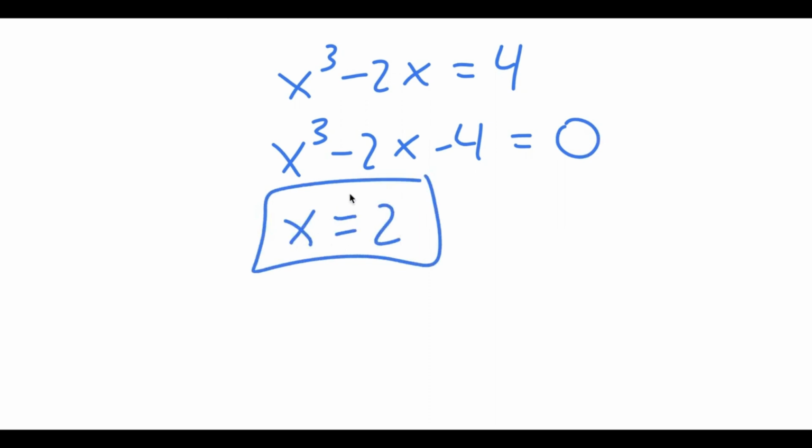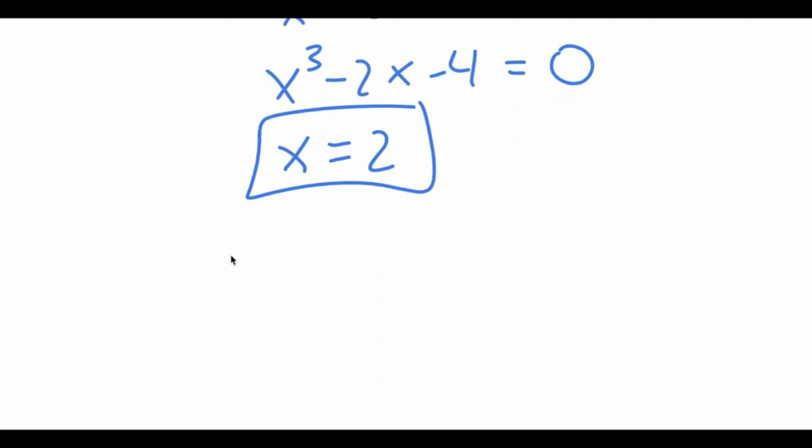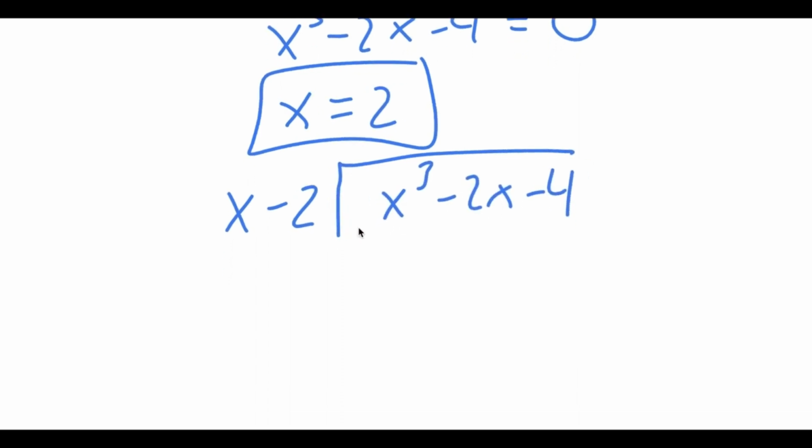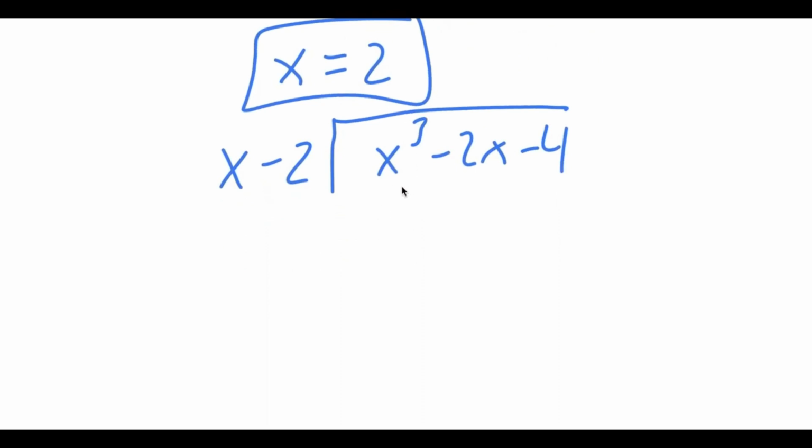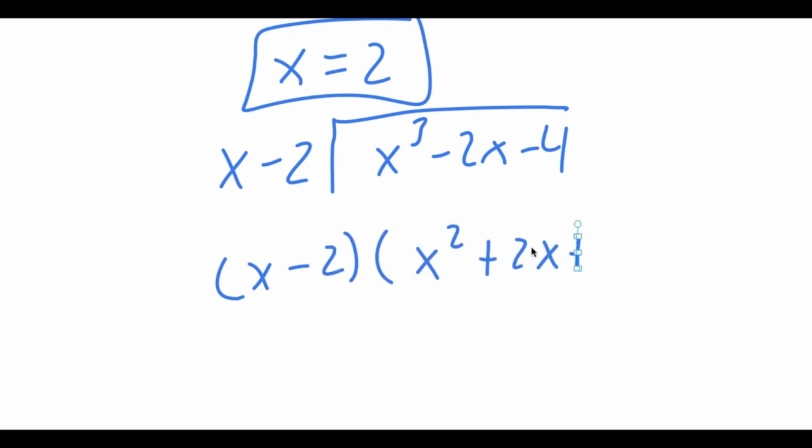And now using the solution, we can find the rest of the solutions by doing long division. x minus 2 equals 0 is a solution, so we have to divide our original equation by it. So we have x to the power of 3 minus 2x minus 4 divided by x minus 2. And if you do this, you end up getting x minus 2 times x squared plus 2x plus 2